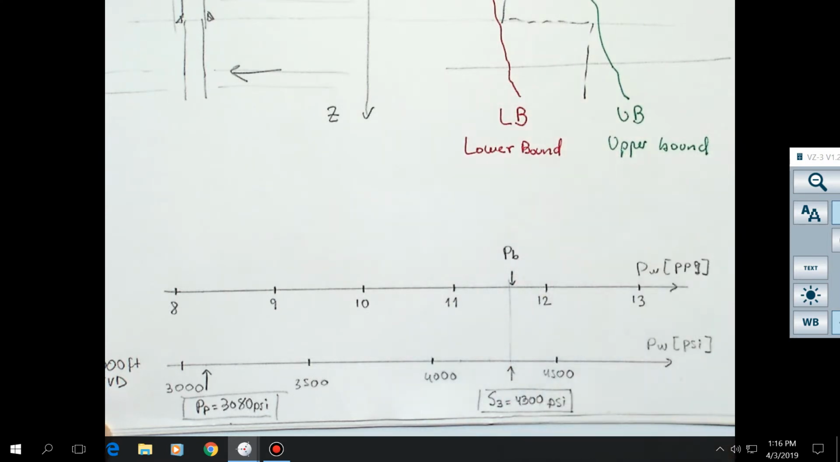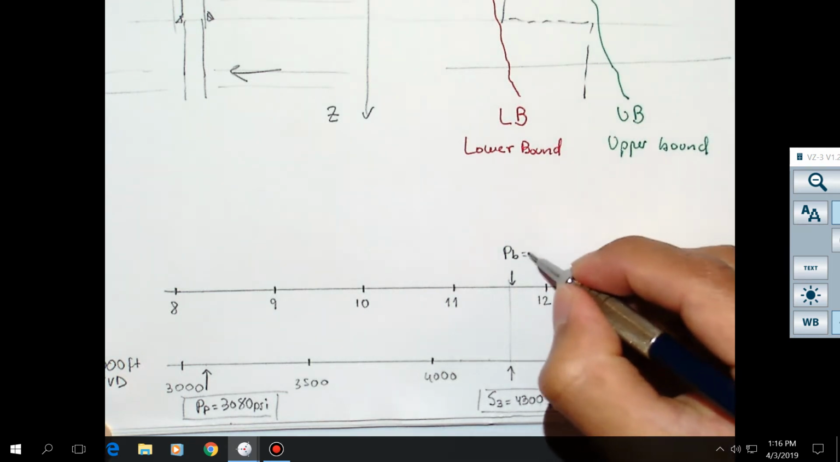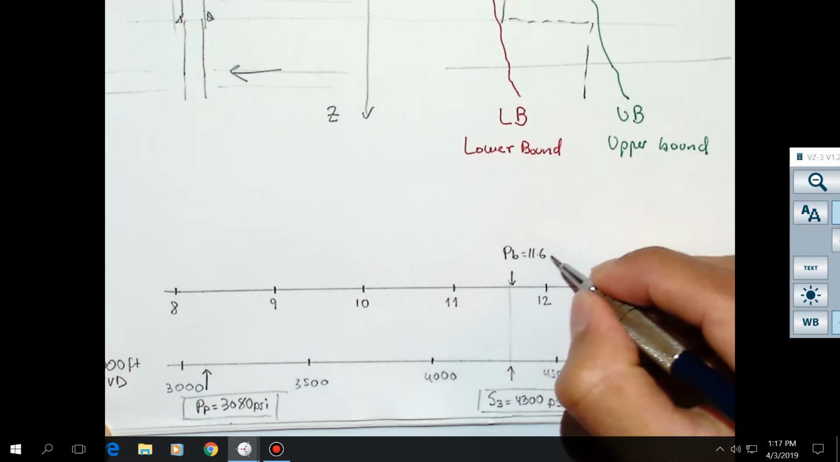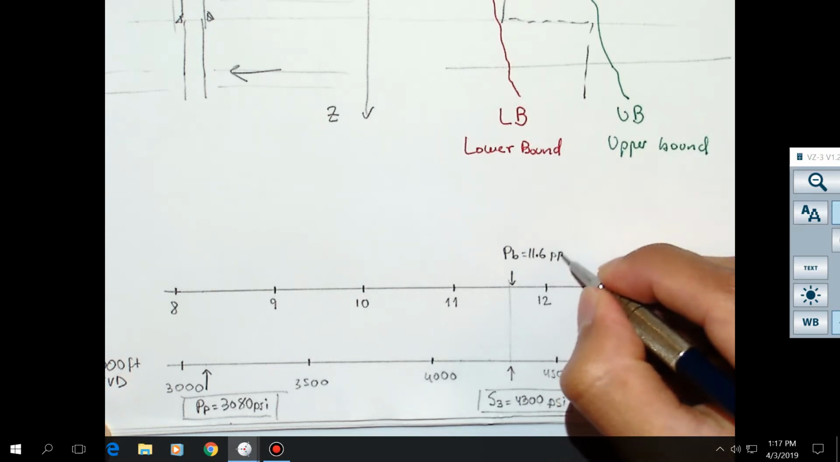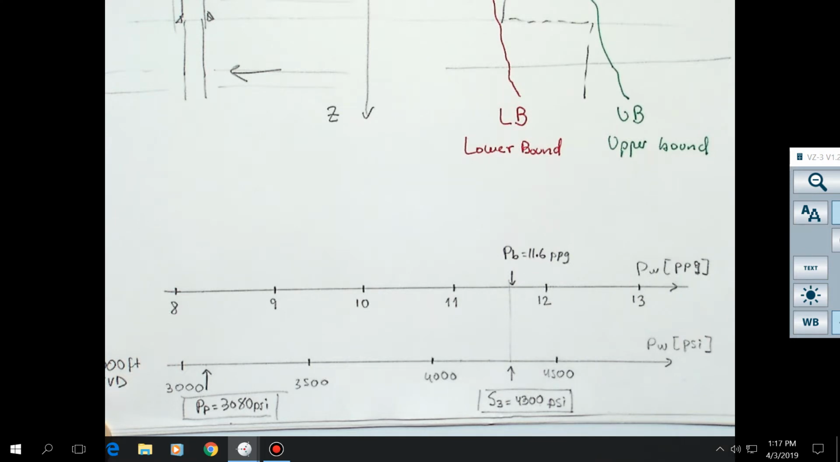This was PV, and the equivalent mass density was 11.6 ppg, and according to this value we could go a little bit further in extending the mud window to 20 psi more. Let's see, then we also had the pressure in the wellbore for a breakout of 70 degrees, and that was